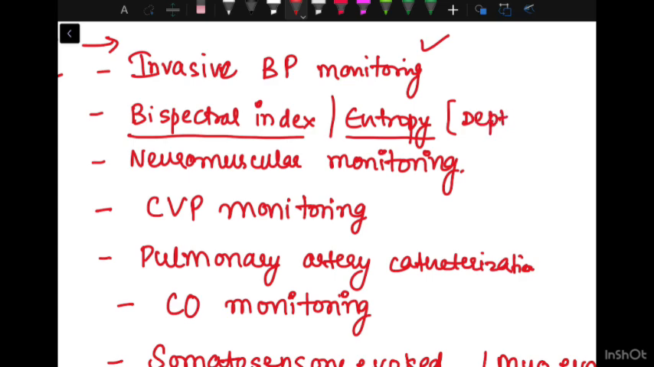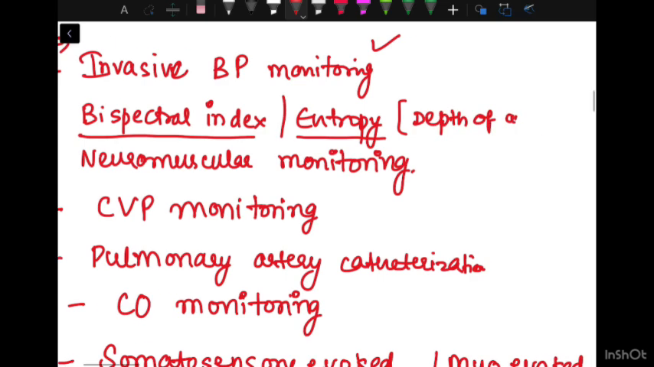Then we have the bispectral index or the entropy. These are basically the monitors for depth of anesthesia. As you know, in usual day-to-day practice, we do not put the patient on bispectral index or entropy, because we measure the vitals and we look at the patient clinically. But it is very obvious that you cannot imagine the exact concentration of anesthetic, the IV anesthetic or inhalation or combination of them, at the CNS level. You cannot measure it by looking clinically. So that is why we needed some measure